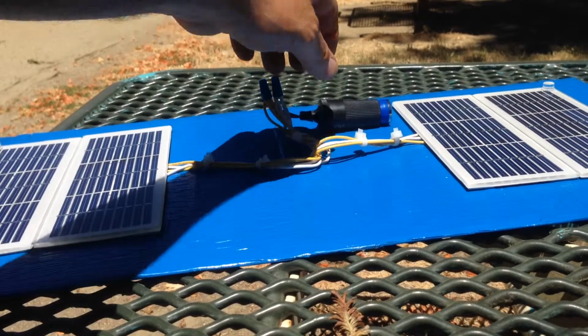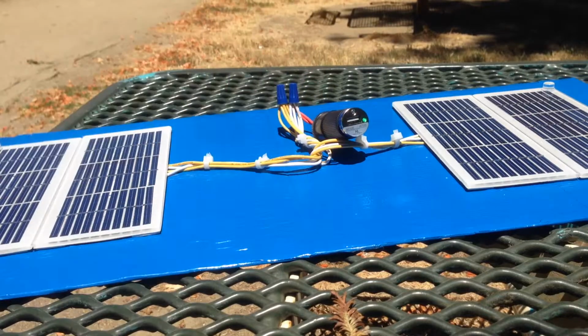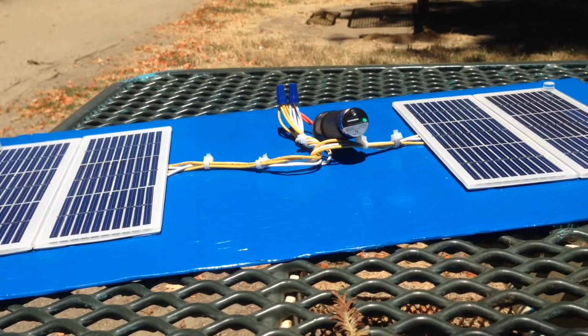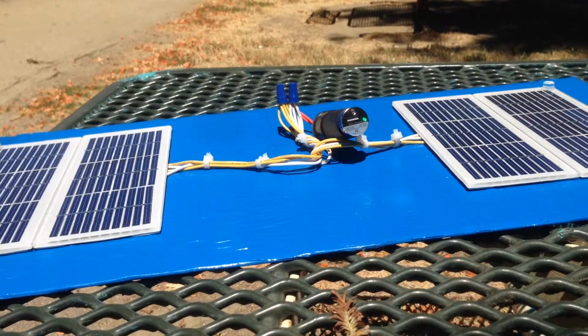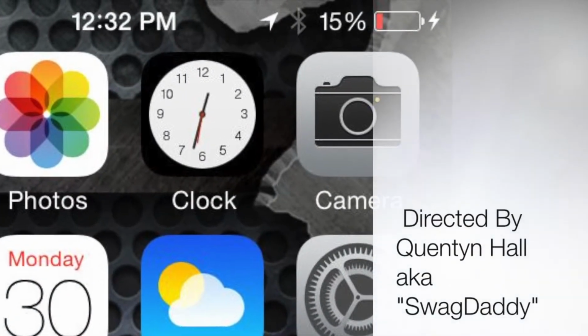So let's go outside. Full sun and green light. That means it's ready to go. It's ready to charge. And you can see all 4 panels, and you see how the wires have come together, and they come together in the middle where it folds over, so it's kind of protected and has plenty of space. I put my charger cable in it, and it's still green. So let's take a look, and there it